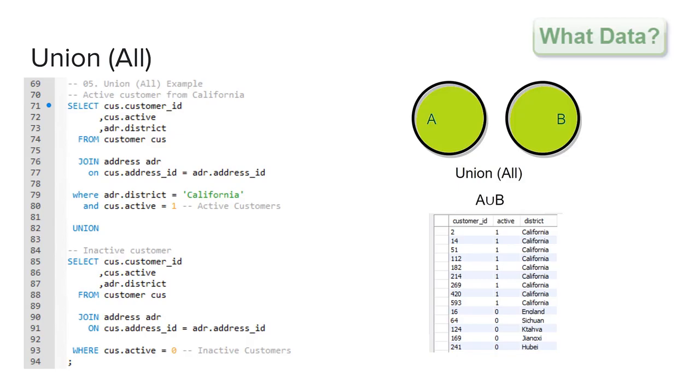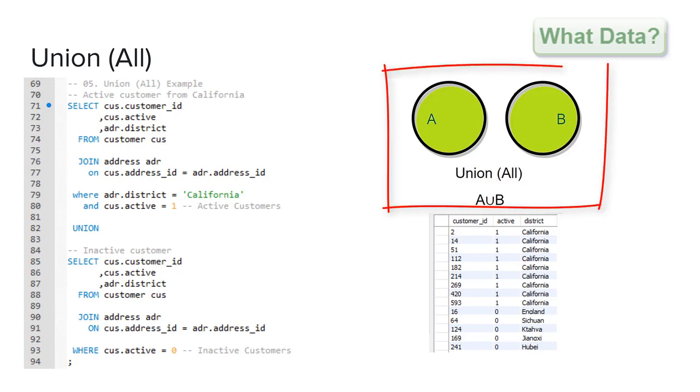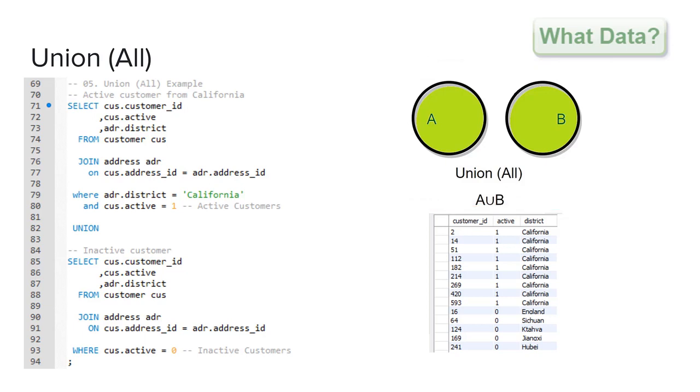The union or union all statement are used to join two sets of data together. No join criteria is specified here, but we do require that both sets have the same number of output fields and should also be of the same data types. The Venn diagram on the right shows set A union set B, where we return all details from both sets